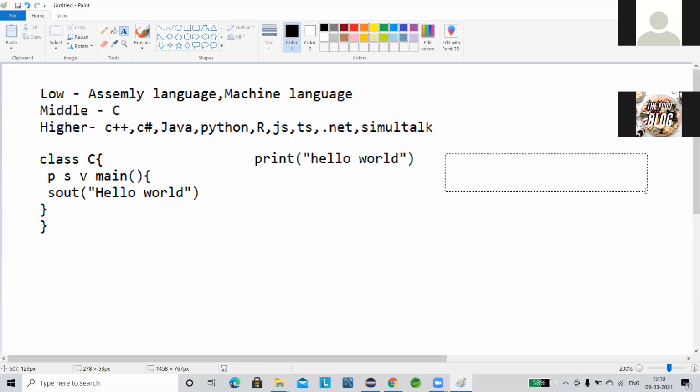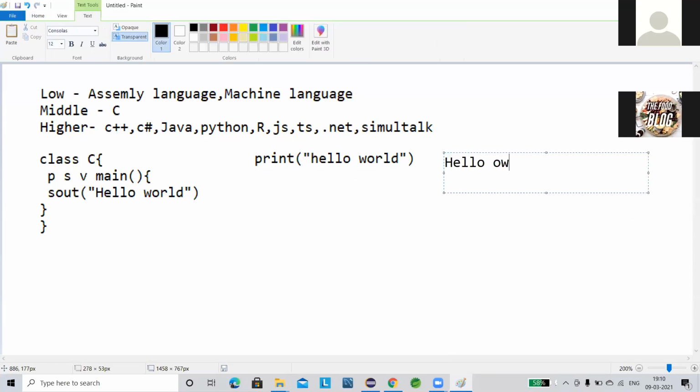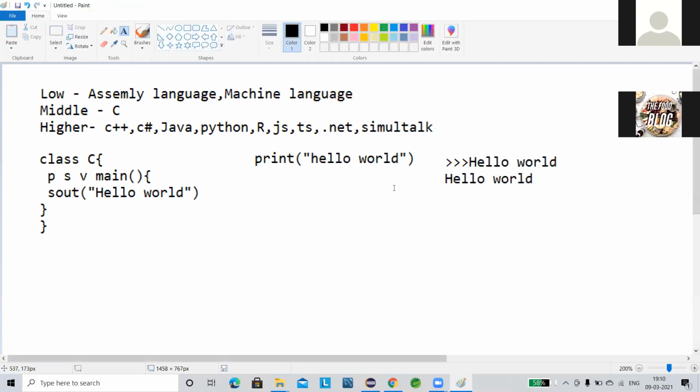Just go and type hello world there. Sorry, I mistyped several times. If you print it, the hello world will appear here. That is the beauty of the Python language.